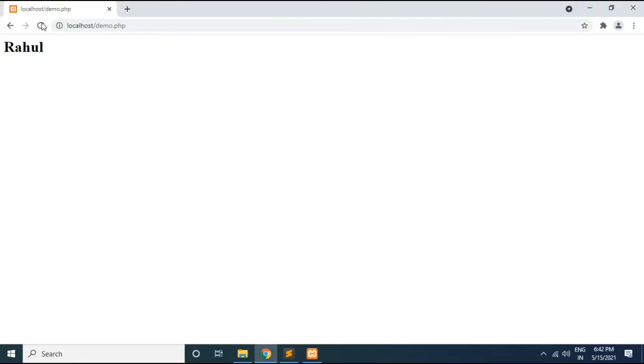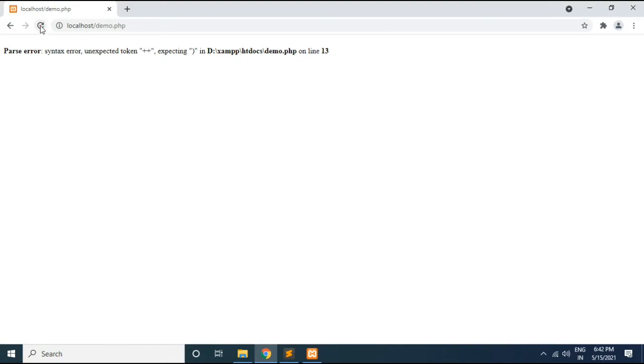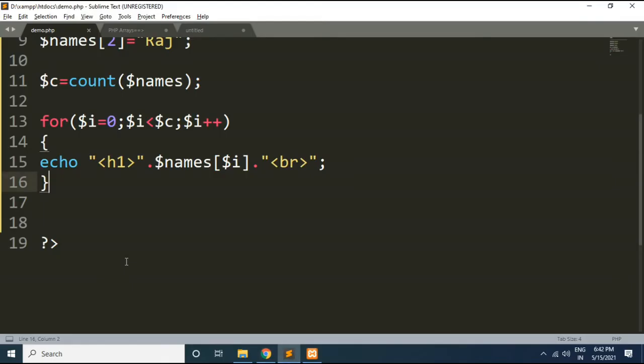So if I go to the browser and refresh, there is a dollar missing. You can see we got 3 elements. So this is how you can iterate through a for loop.